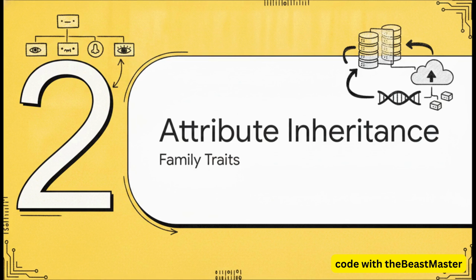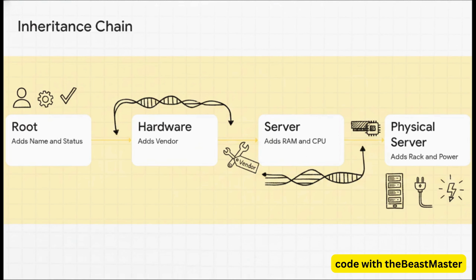Moving right along to section 2, attribute inheritance explained, or as it's often thought of, family traits. Just like passing down genetic traits through a family tree, classes in a database pass down their attributes. Let's walk through how this inheritance cascade actually works. In step 1, the root CI establishes those universal attributes we talked about, like name and status. Then moving to step 2, the abstract hardware class inherits those traits from the root, but it adds its own